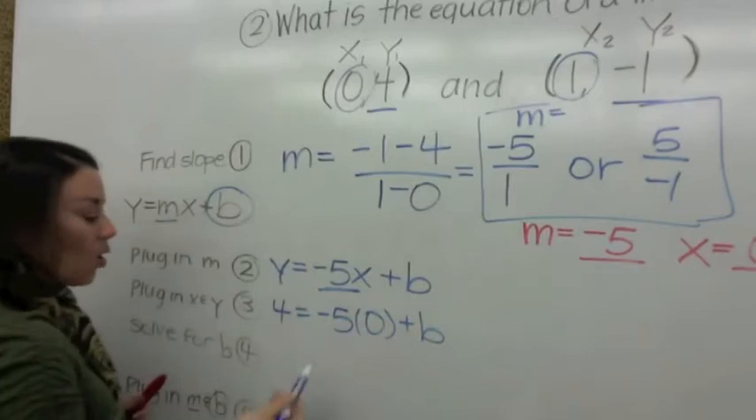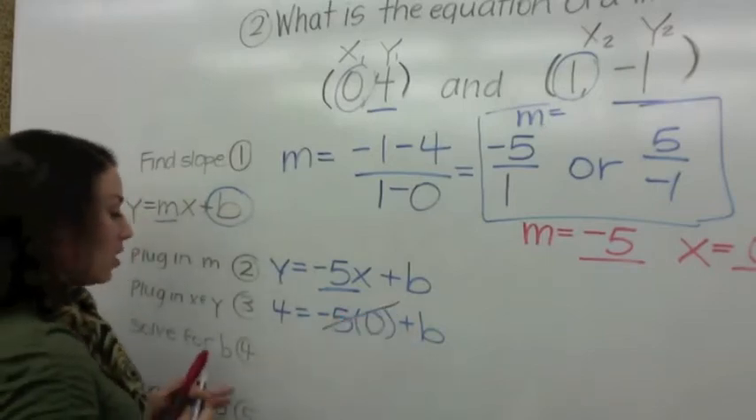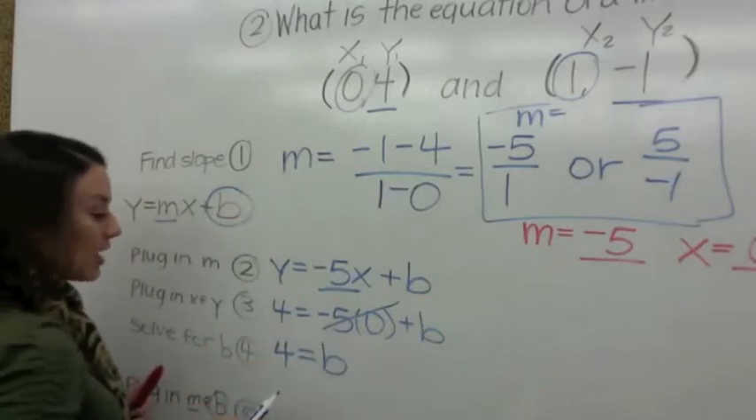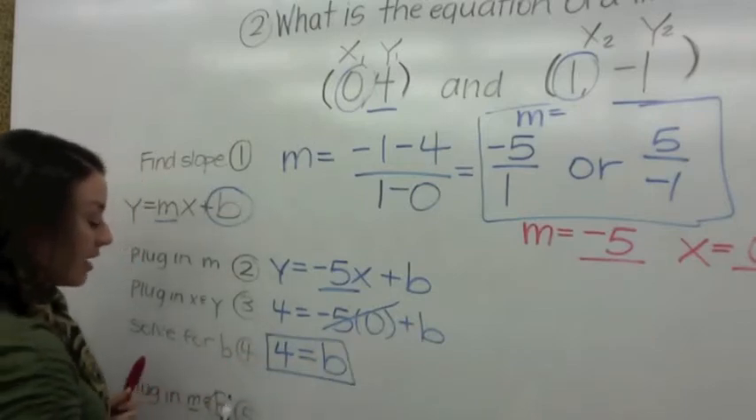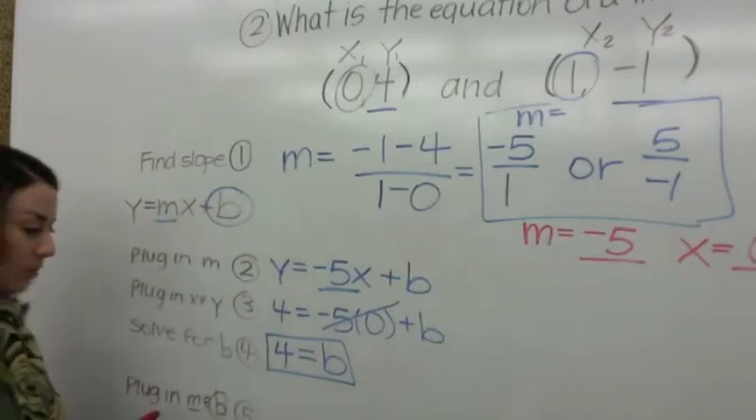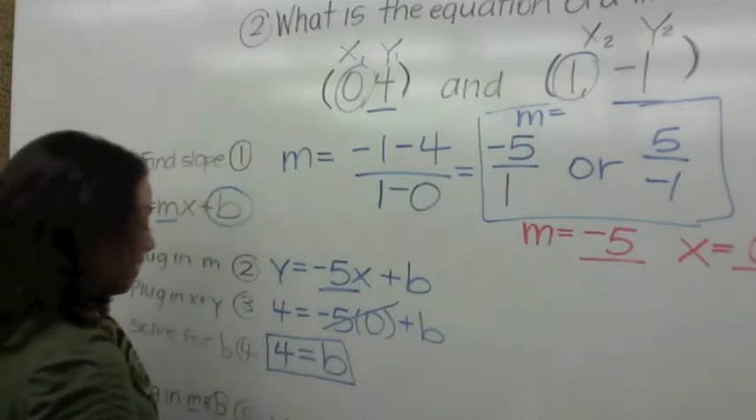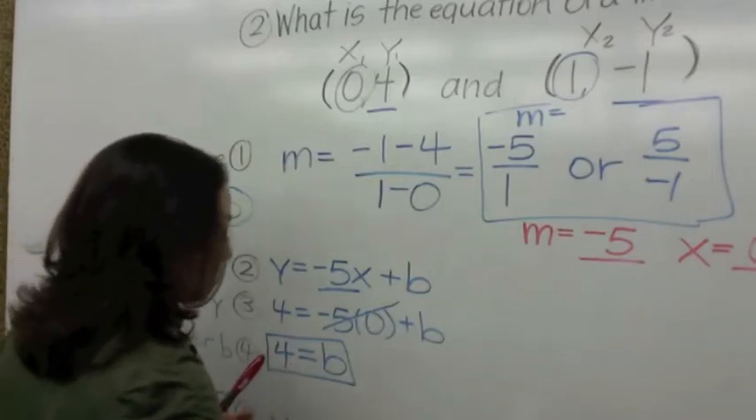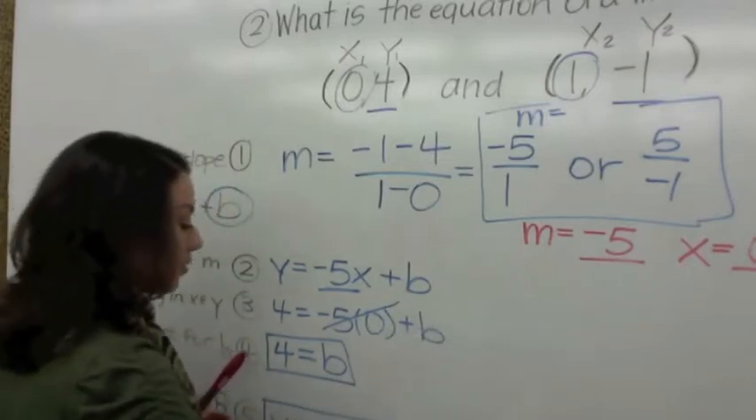Wonderful. Okay, whenever you multiply anything by 0, it disappears. So let's go ahead and cross that out. We're going to say, well, 4 equals b. Whoa, 4 equals b. Check that out, okay? Let's put a box around that. Now you can do the last step, which is plug in m and b. m is -5 and b is 4. So we're going to say y equals -5 times x plus, what's b again? b is 4. So that is your linear equation,